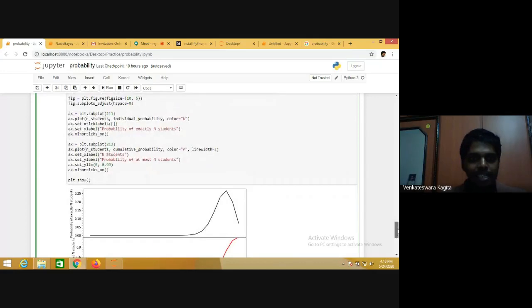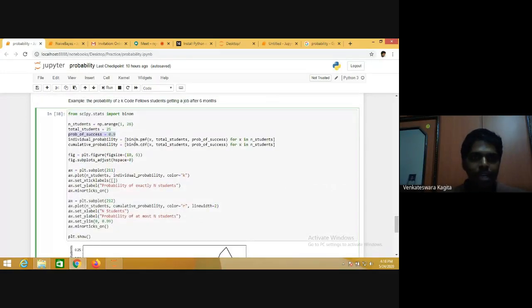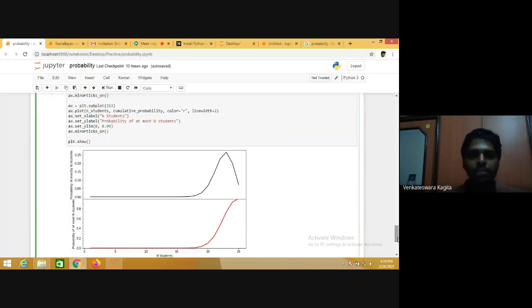You just have to call the binomial probability mass function and cumulative distribution function. Then you will get the individual probabilities and the cumulative probability. You just plot these two. Individual probability is this; this is how it is distributed. Cumulative probability is adding these values at each and every element.